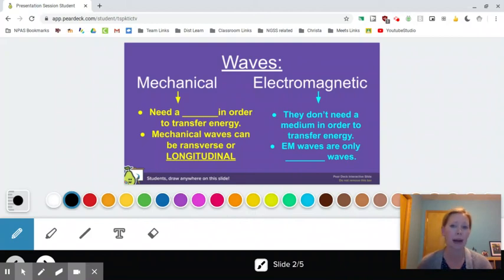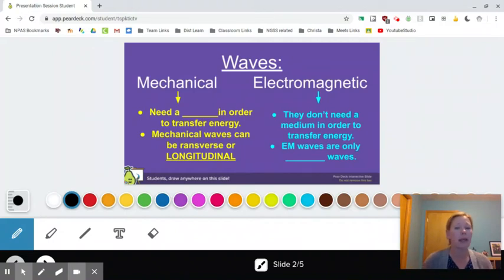that moves parallel with the movement of the wave, with the movement of the particles, and that is longitudinal waves. If you're getting lost in all these words, don't worry, I'm going to break it down and point out what I'm talking about on this slide, and we're going to work our way through it. So looking at the top, waves are divided into two types: mechanical, which needs a medium, a